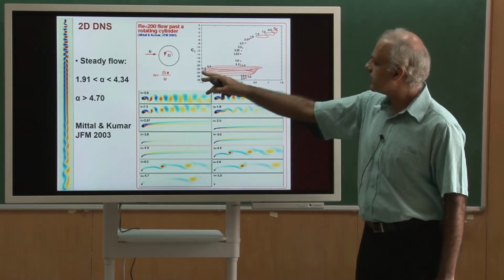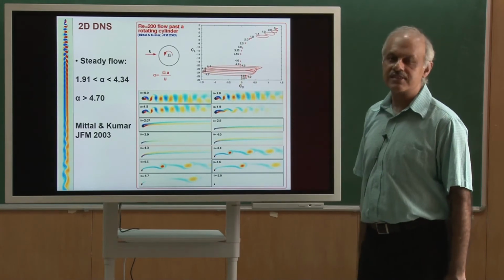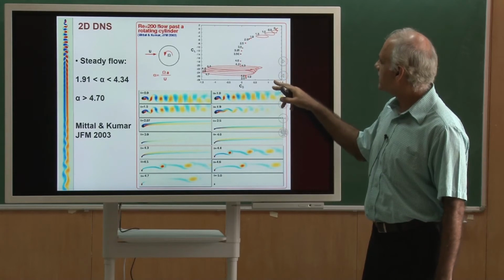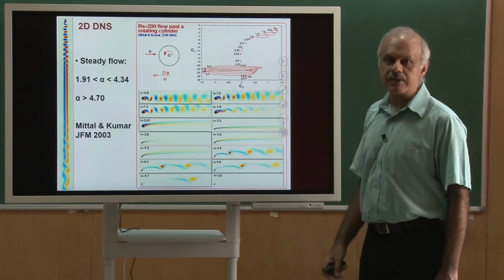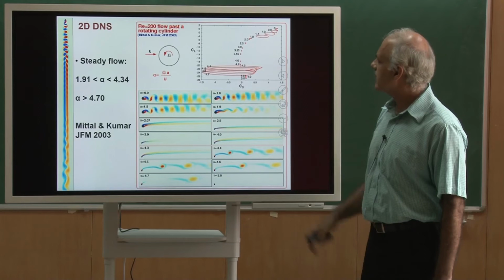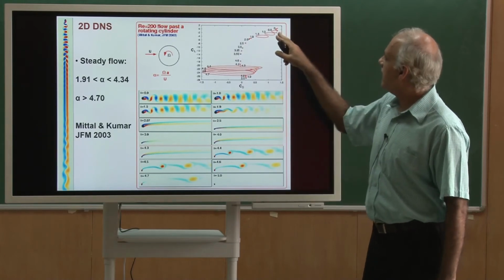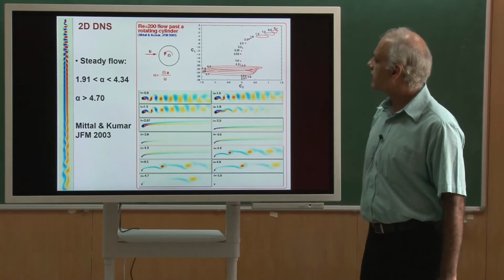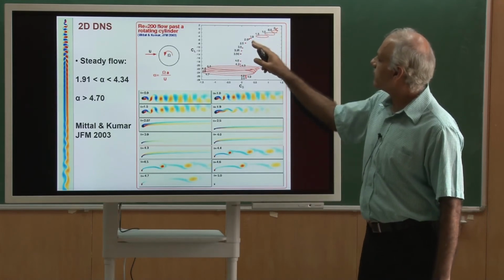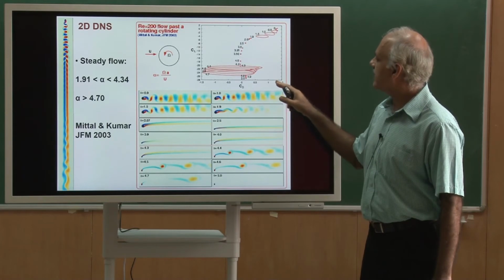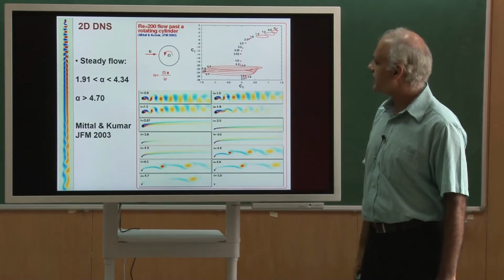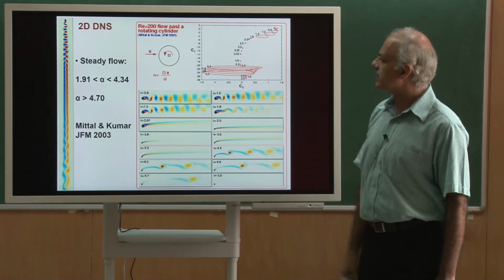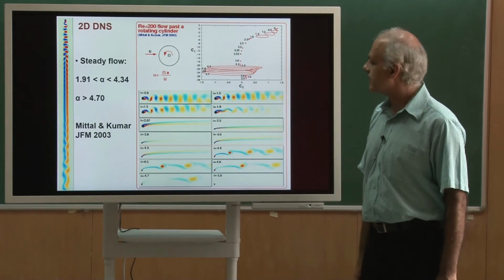In fact, that is shown here in the graph for CL versus CD. Now, if you notice that at alpha equal to 0, the CD is finite. It is a little bit more than 1, the drag coefficient, and the lift coefficient is 0. And as we increase the alpha, the lift coefficient in fact becomes more negative, so it departs from 0, and the drag coefficient actually starts decreasing. And something extremely interesting happens at a rotation rate of around 4.3.